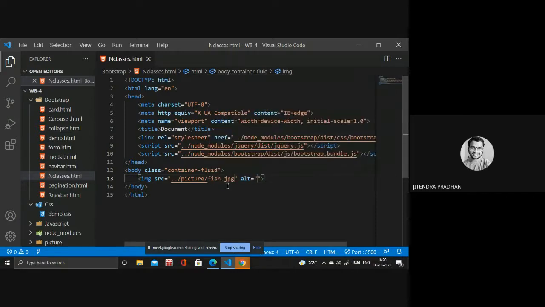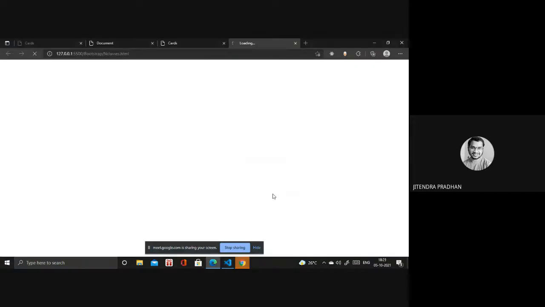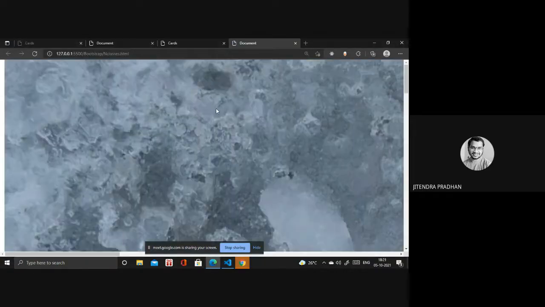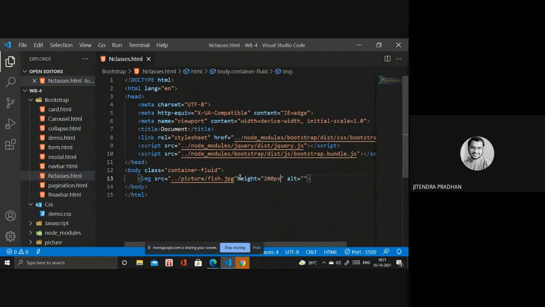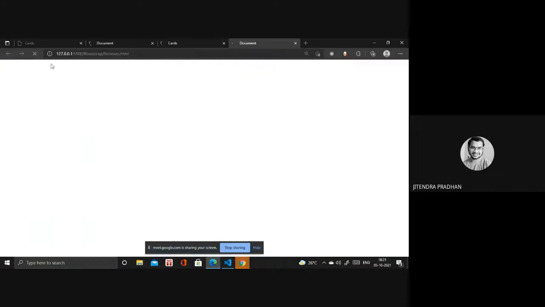Let's see how it looks. It looks much bigger. Then I need a height and width. Height something like 200 pixels, and width we require 200 pixels. Okay, that's all.